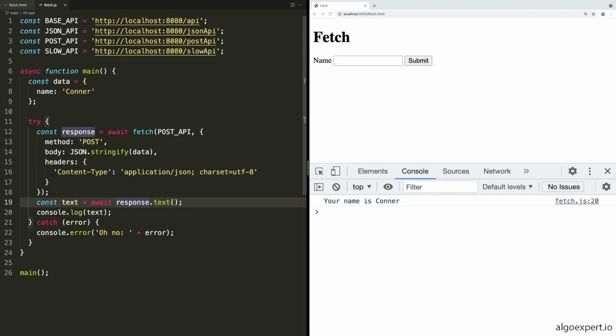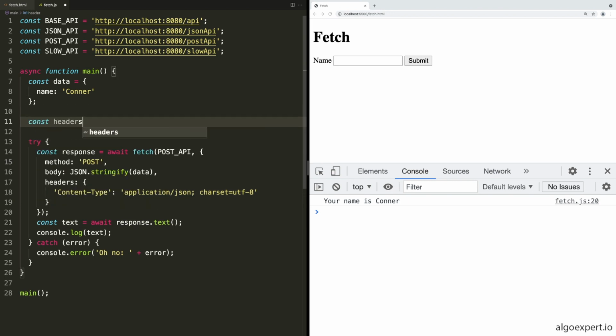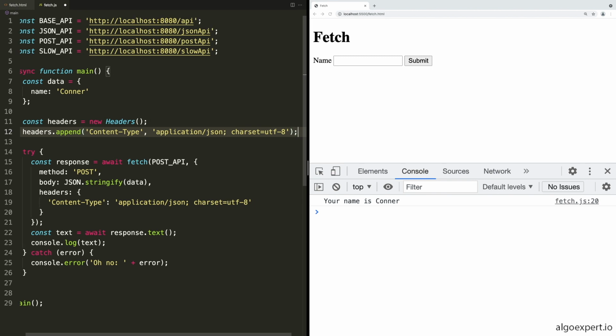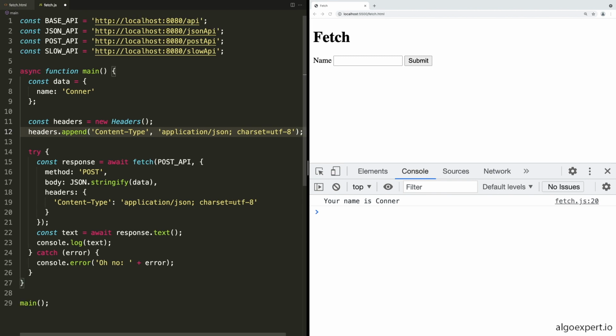Now, one thing we can do to clean up this code a bit is instead of passing headers as an object like this, we can say const headers and set this equal to a new Headers object. Then within this Headers object, all we need to do is say headers.append, and we can add whatever headers we want. So for example, I can add the content type here, and then we pass in the value as a second argument. So in this case, I want the value to be this same string we had. So I will add this in here, add a semicolon to the end, and then